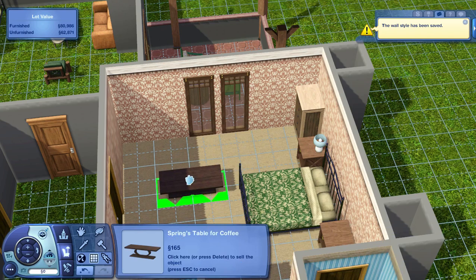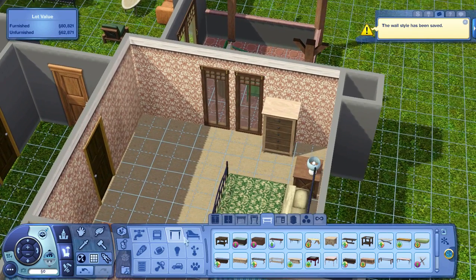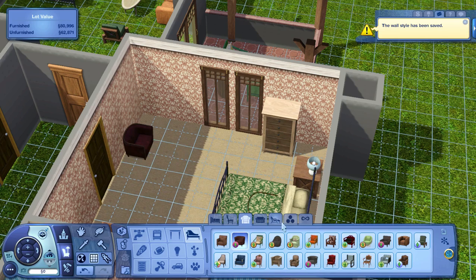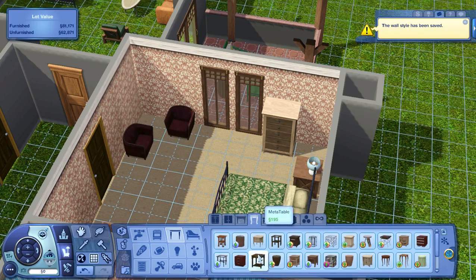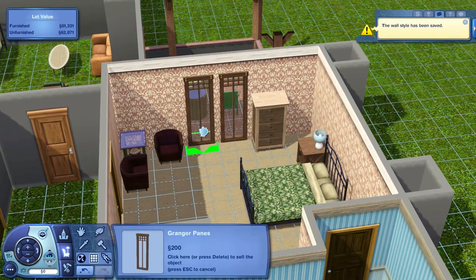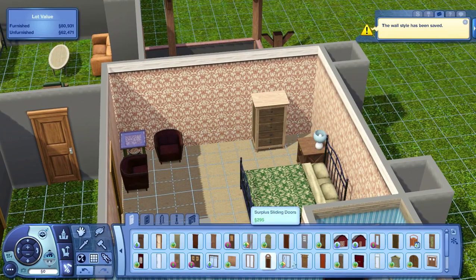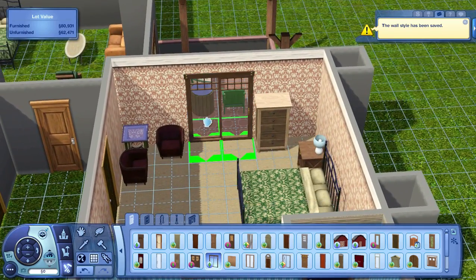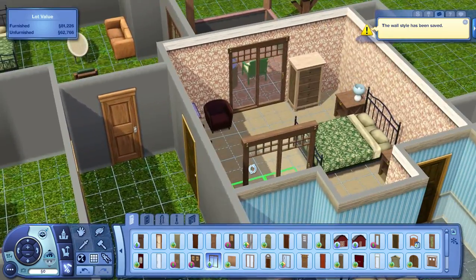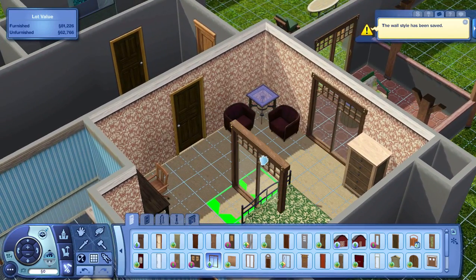Okay, this will not work, so I'll have to improvise and do something else. So what I'll do instead is I'll do like this, and then I'll put the chairs and the coffee table like this instead. And then I'll put an end table, maybe this one, just as a placeholder. And then I'll replace that door that I took out, because I really like the idea of her having a space to go outside. So there. Not exactly how it is in the show, but for my purposes, I think it works